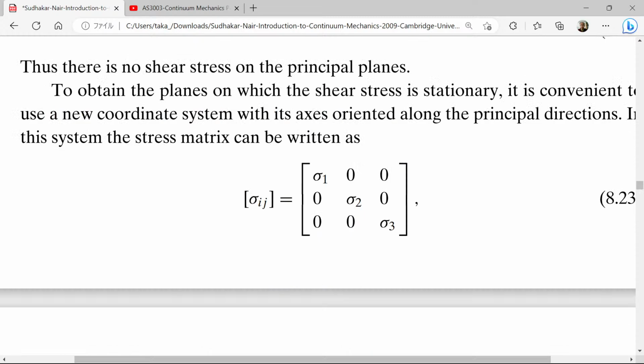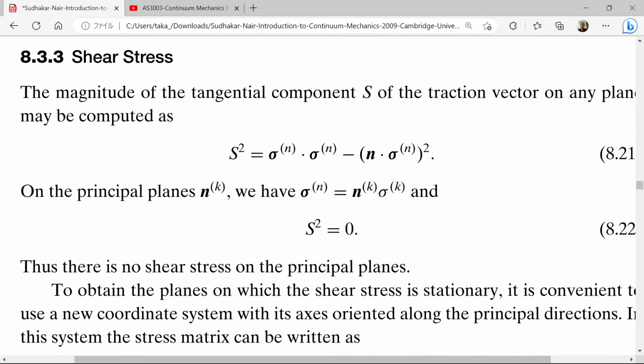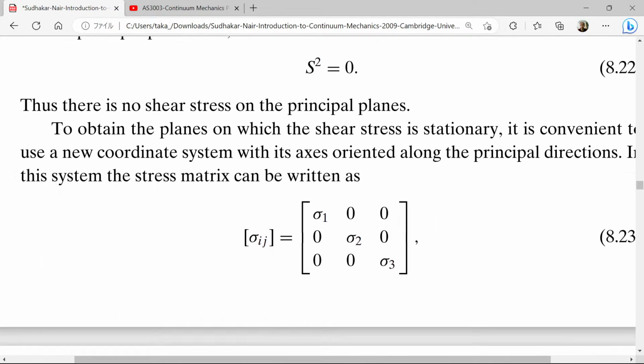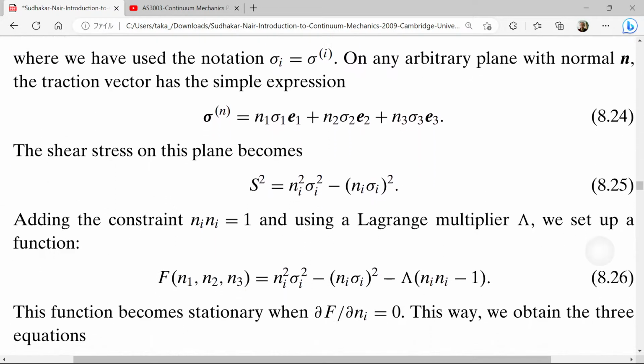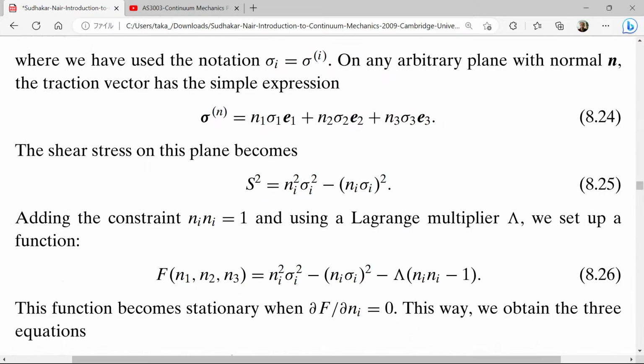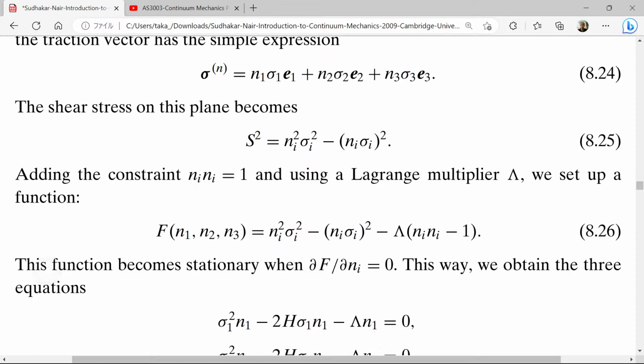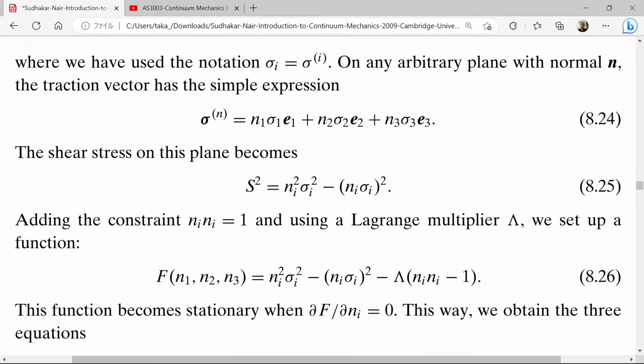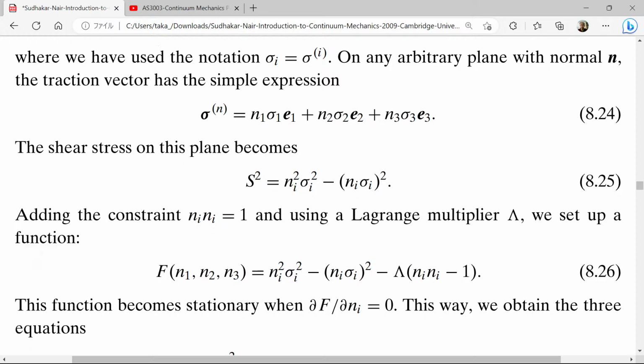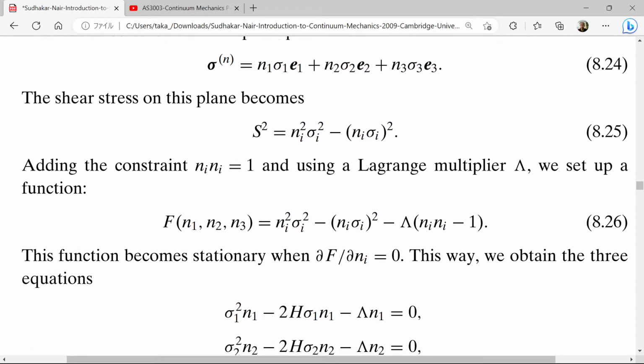Shear stress. Shear stress, right? Then we want to find some direction. See, one arbitrary plane normal. The traction vector has the simple expression. The shear stress on this plane becomes this, right? Adding a constant and using,